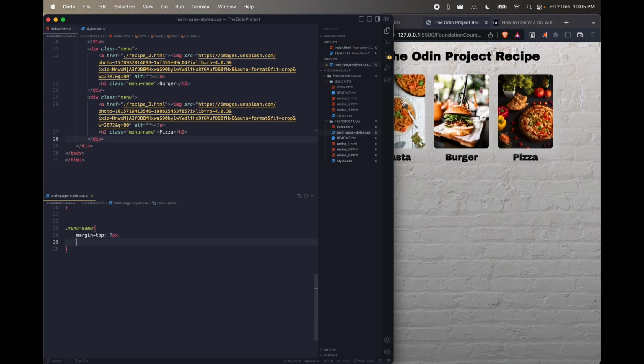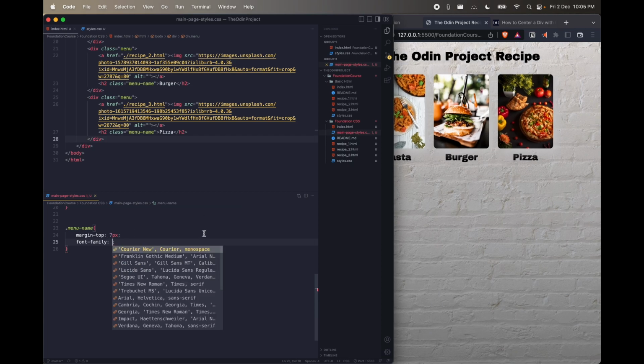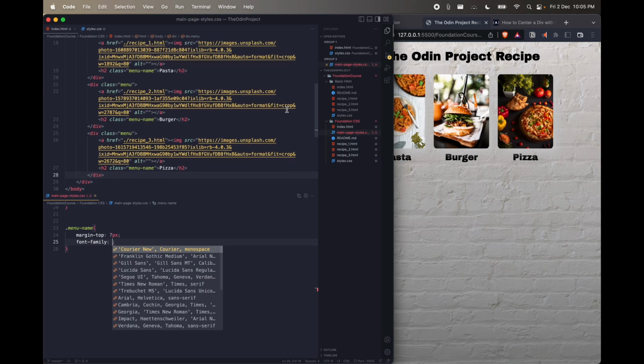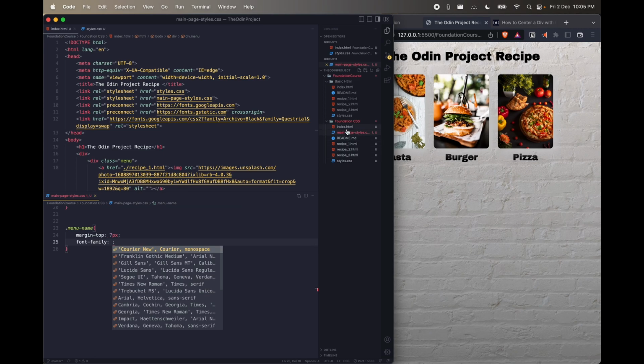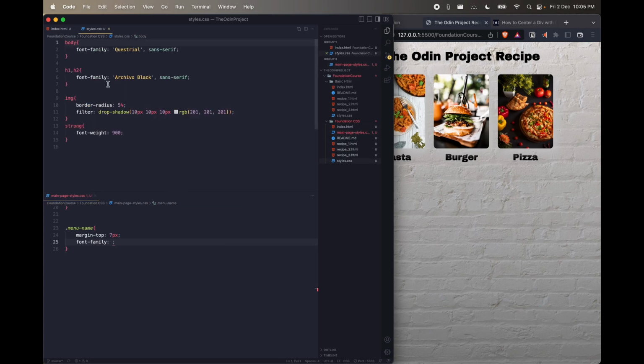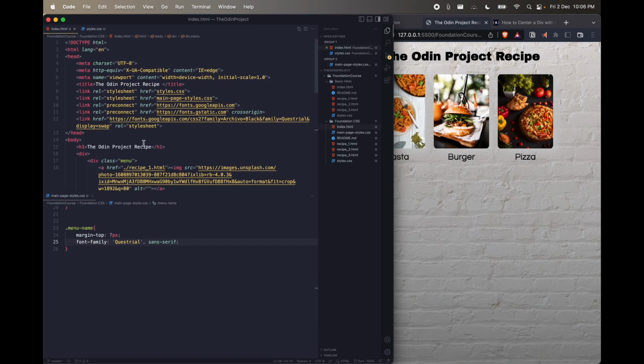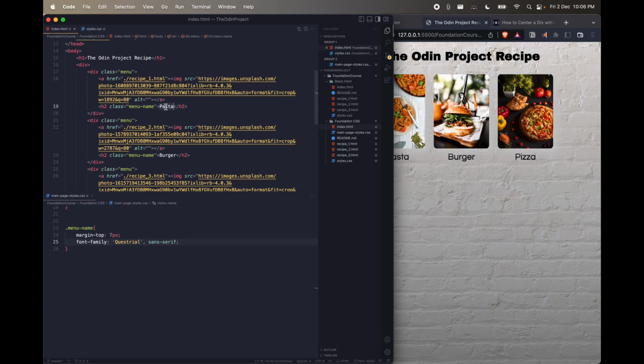And I'll just maybe change the font family to, what are the font families which we have used? Let me just go through the styles.css. Let's have this font family over here, Control C. I'll just push it over here, burger, pizza, and I'll just maybe capitalize this. Pasta, pasta